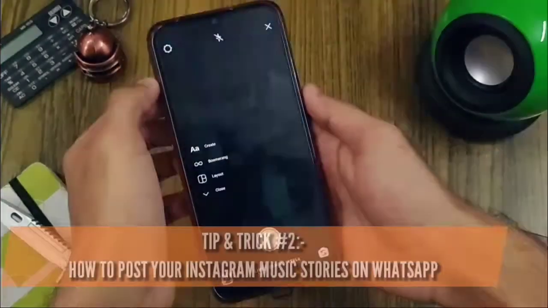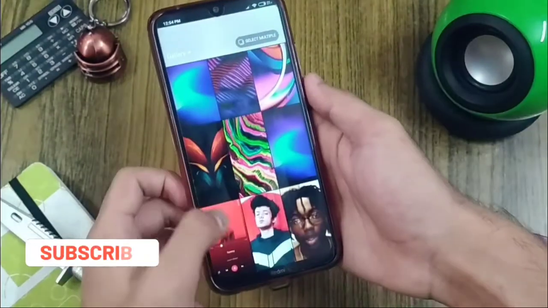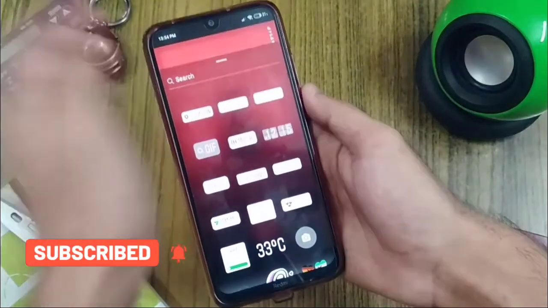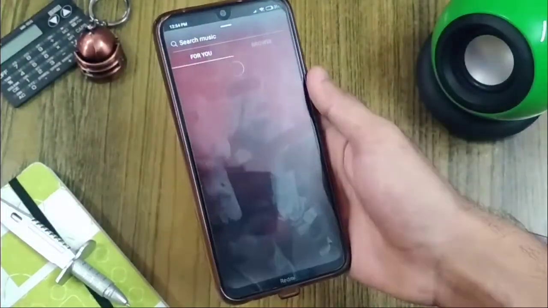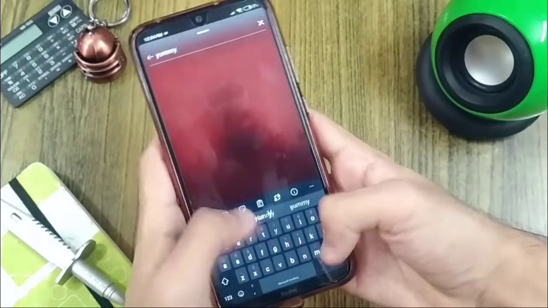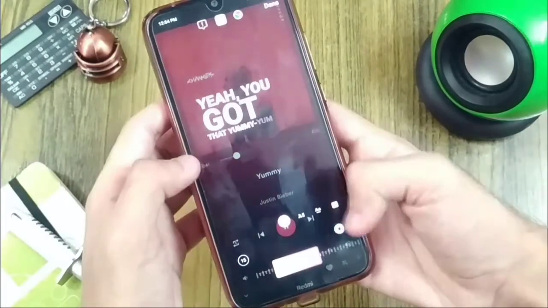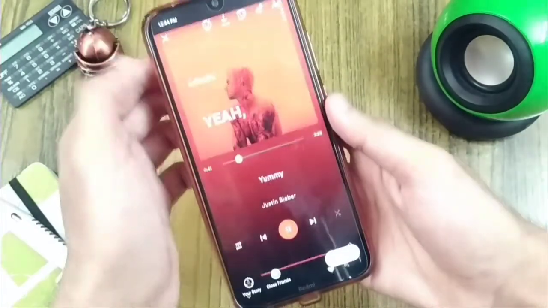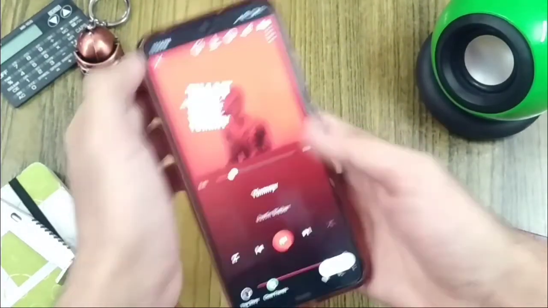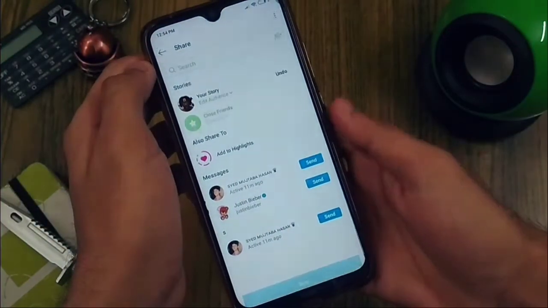The next one is pretty amazing. Basically, if you upload music onto a post or a video, you cannot download it further and you cannot post it on another social media website. So first of all, you just have to search for the music you're looking for. Like I'm searching for Yummy, and there it is. Then click on the song. After clicking on the song, post the lyrics or the cover art you want onto the post you are posting. Then upload it and post it in your story.